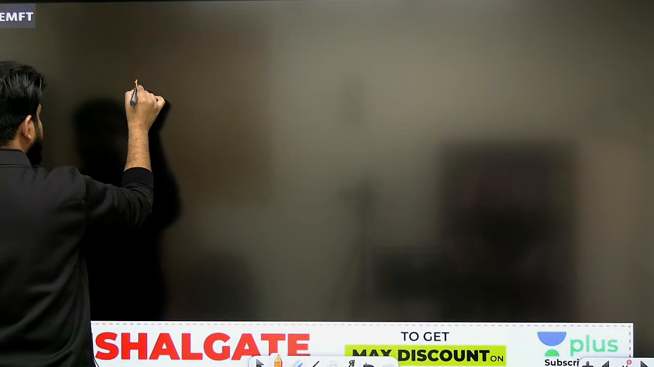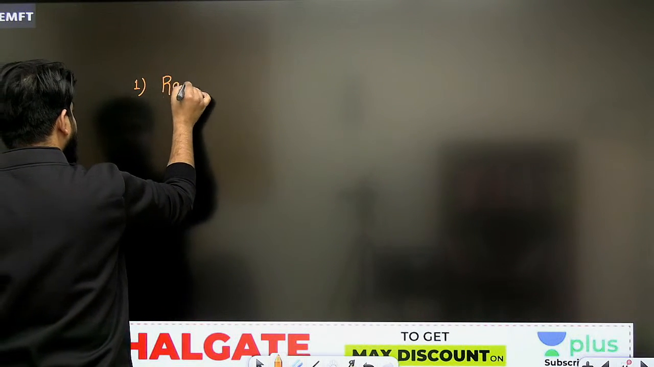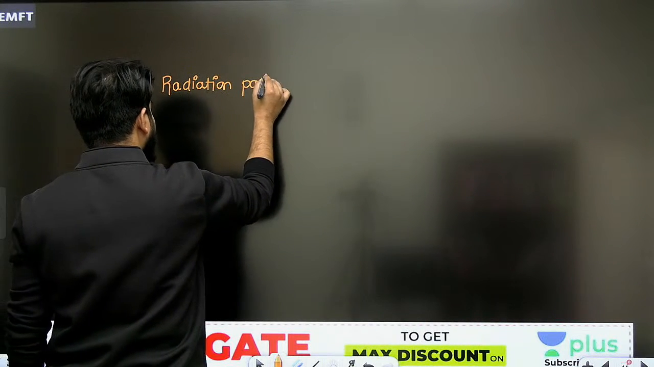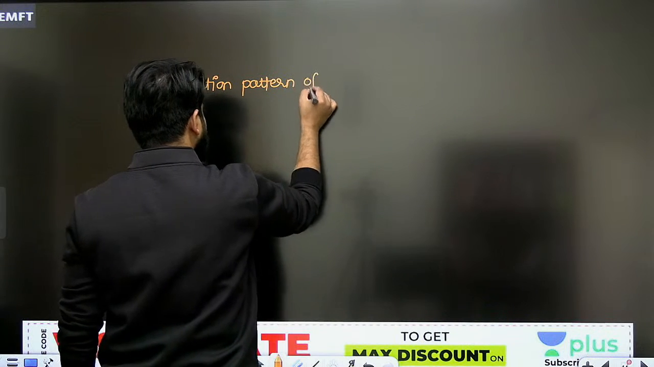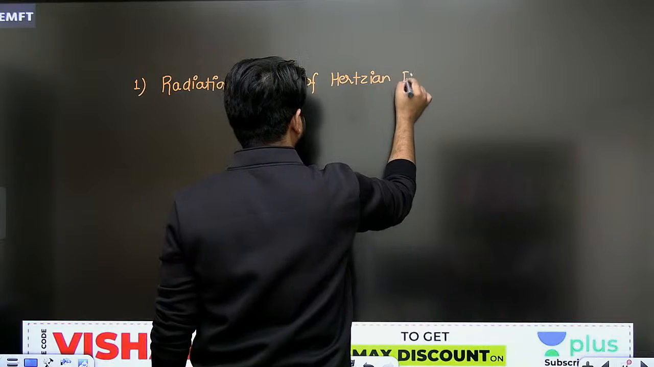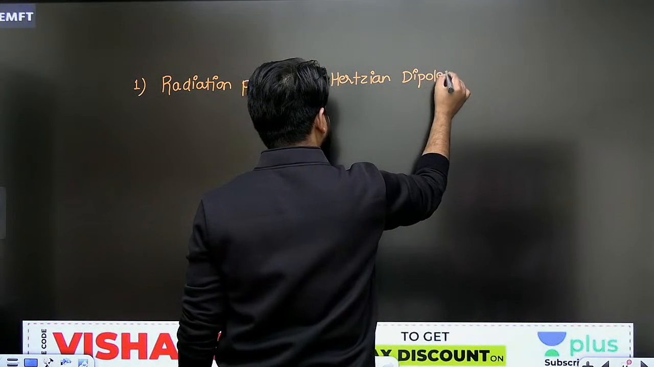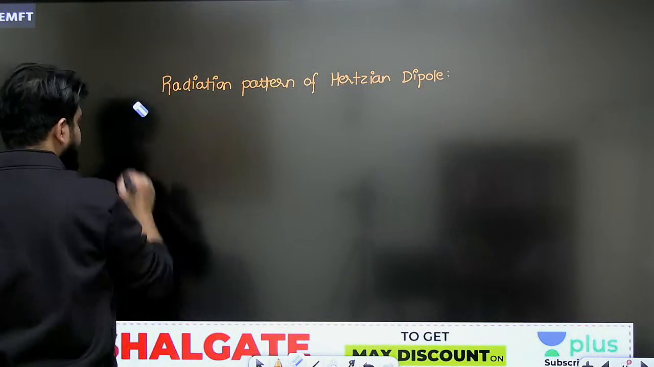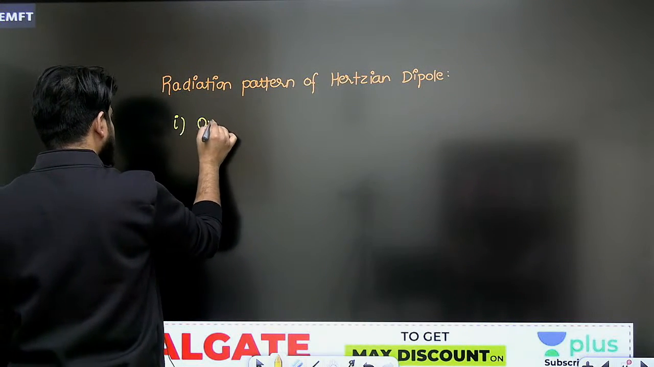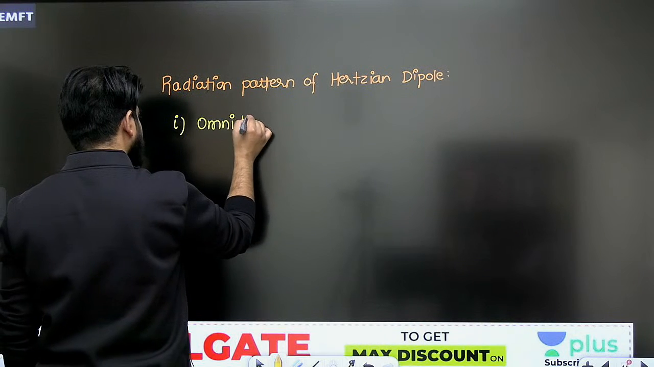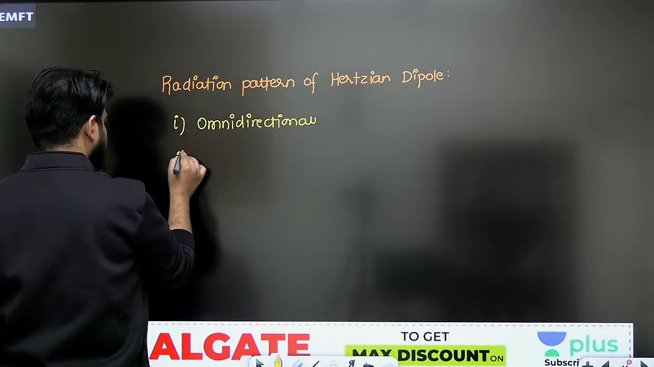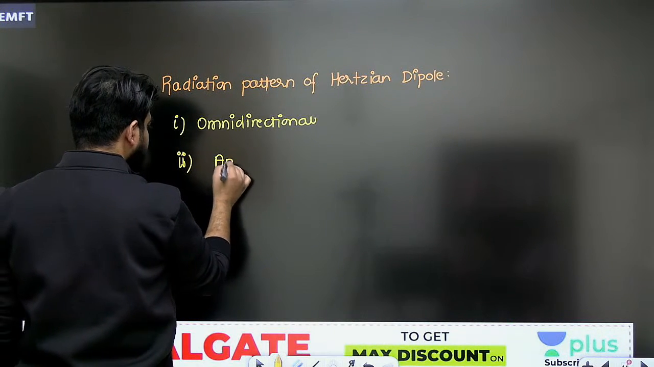First, radiation pattern of Hertzian dipole includes first point is omnidirectional, second point has an apple shape।